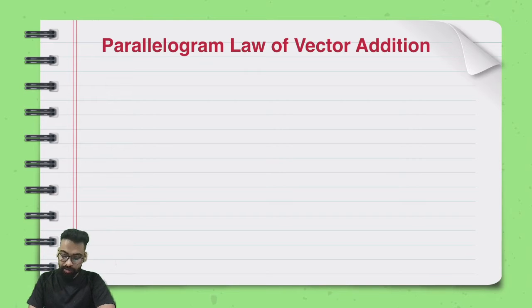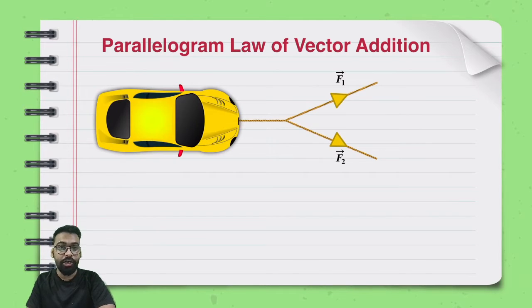Let's say there's a car. Obviously, one person cannot push or pull it effectively. Let us say there were two people putting in that effort. One person with the rope was applying a force F1. Now, why is F1 with the arrow? Because force is obviously a vector, and that is what we are talking about. Let's say the second person is also applying a force F2, such that the F2 vector goes along this side. Now, how will you add both of them?